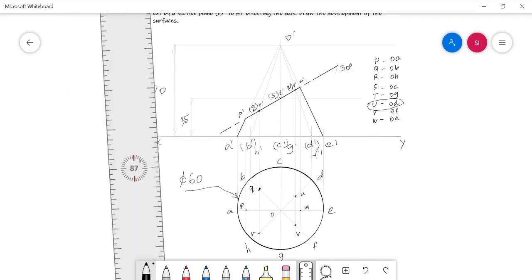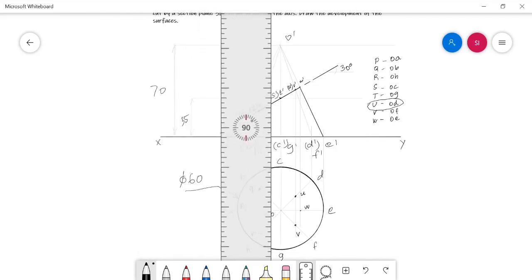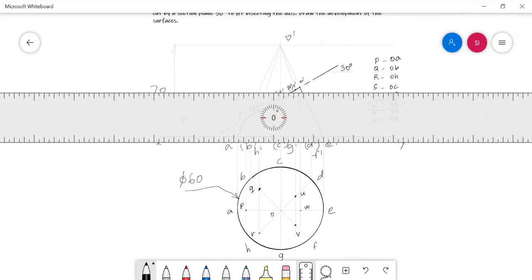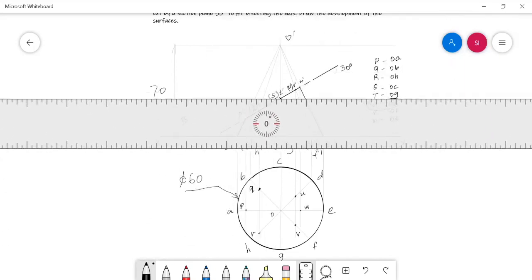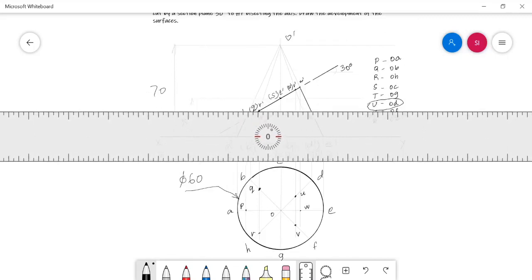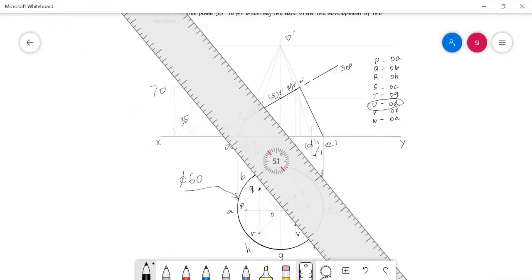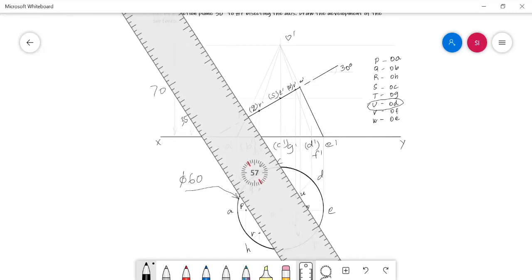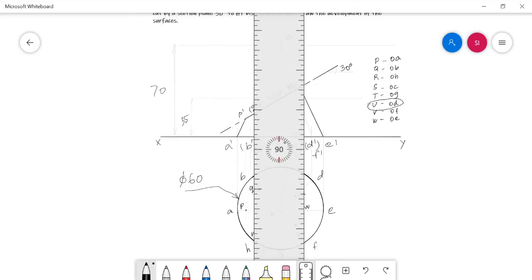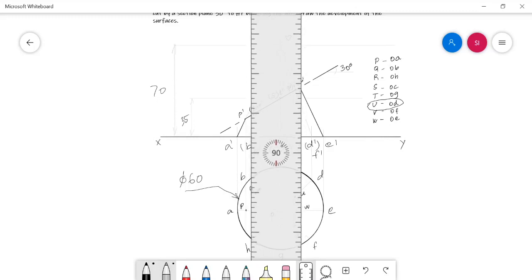As usual, this work has already been done by us many times. Once again, I am explaining how we are doing that. So just draw a horizontal from this line towards the extreme slant edge, say OE. So from the points S dash and T dash, draw a horizontal towards the extreme slant generator, that is OE, and here it is intersecting with OE. From this point, draw a projector towards the top view and end it with the same slant generator OE.